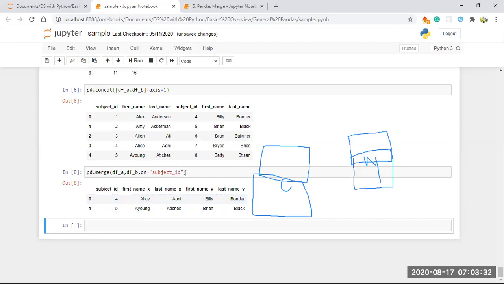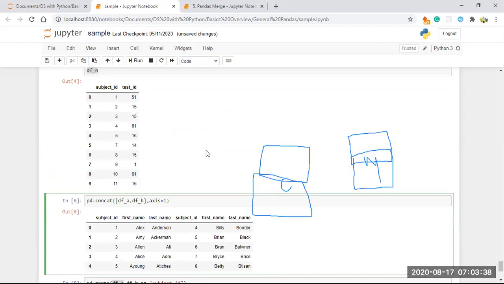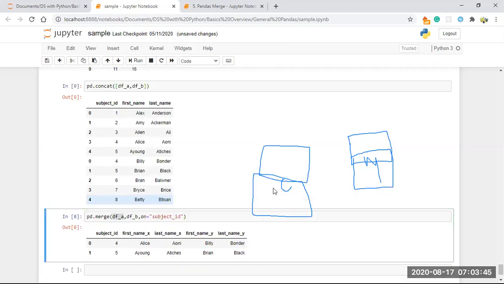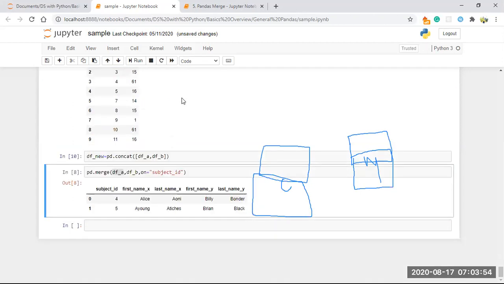So instead of this DFA and DFB, now what I'm going to do here is, we already concatenated two things, right? So this is your concatenate output, 1 to 8. This concatenate output I am giving to df new equal concatenate like this.